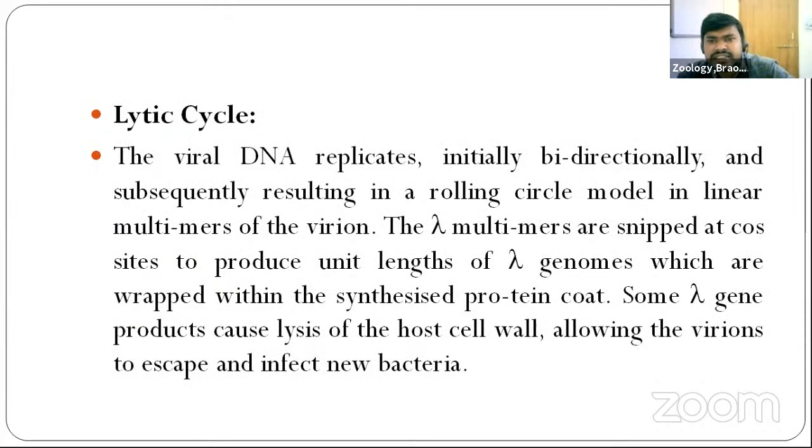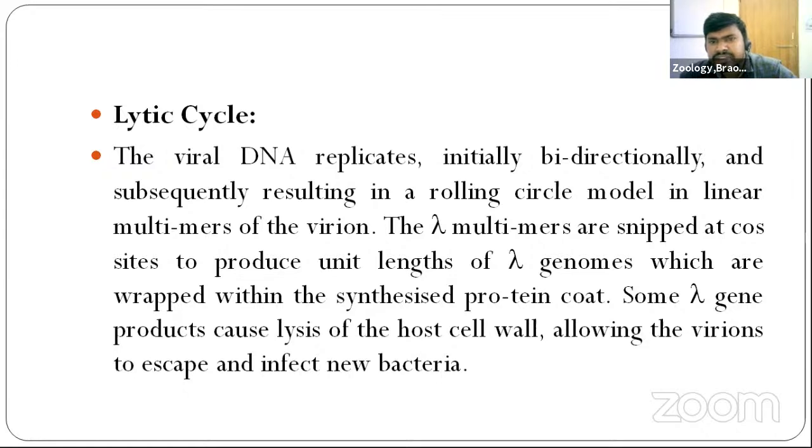In the lytic cycle, the viral DNA replicates initially bidirectionally and subsequently by a rolling circle model, resulting in linear multimers of the genomes. The lambda multimers are snipped at cos sites to produce unit lengths of lambda genomes, which are wrapped within the synthesized protein coat. Some lambda gene products cause lysis of the host cell wall, allowing the virions to escape